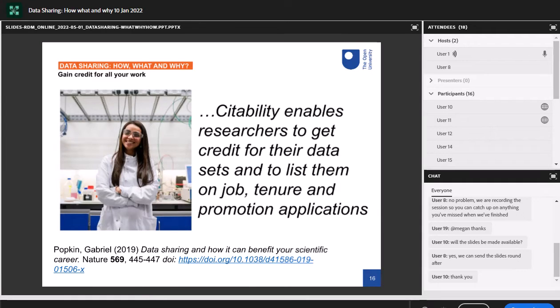And then our final reason is gaining credit for all your work. So there is a personal benefit of data sharing to you as the researcher. The previous two were quite altruistic reasons to share your data. But as for a personal benefit, sharing your research data in a repository and archive will give you a DOI, which enables you and others to cite your research data. And that ensures that you'll have credit for all your work. And this can have a really beneficial effect on your career. So citability enables researchers to get credit for their data sets and to list them on job, tenure and promotion